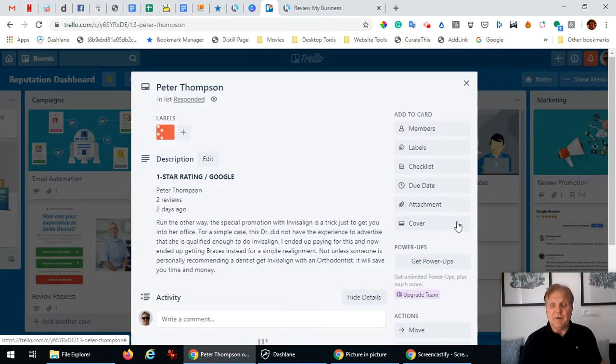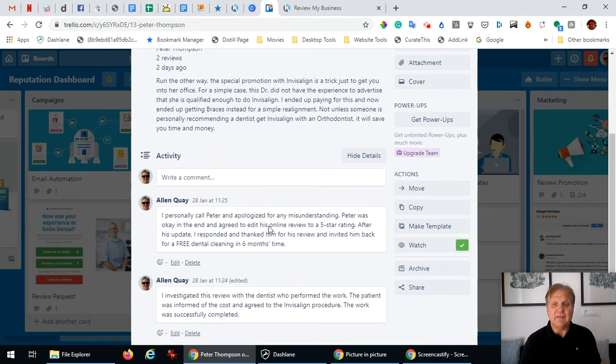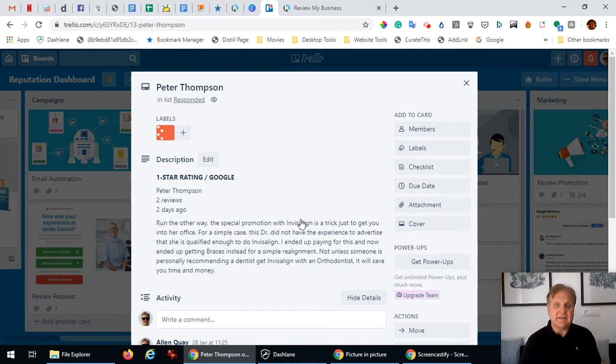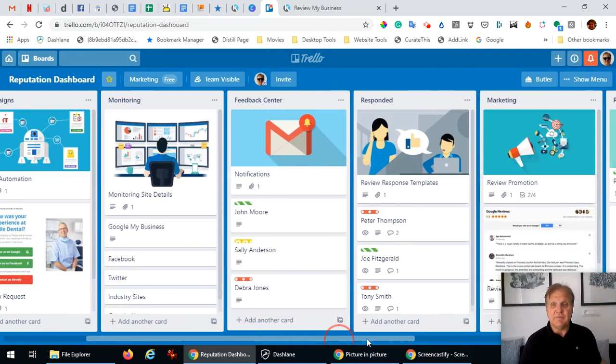And I'm going to open up one of these so you can see how you can collaborate with your team and leave messages about what happened and how you handled the inquiry, whether it's positive or negative. Did you get back with them? Did you respond online? Did you investigate it to see what happened if it's a negative review? Did you contact the customer or patient? So this is really important, to have this way of following up with people that leave reviews